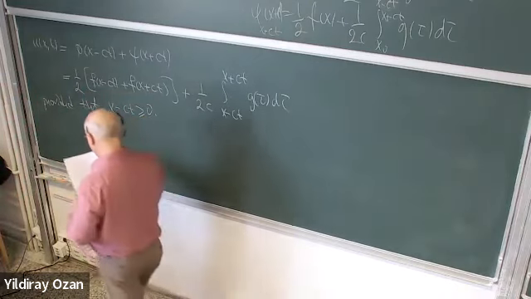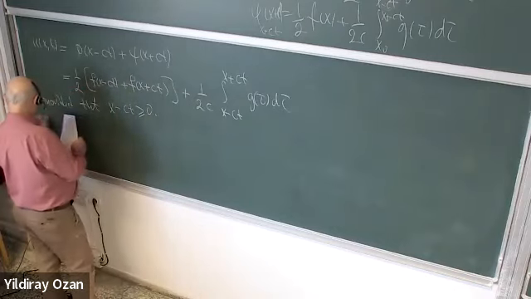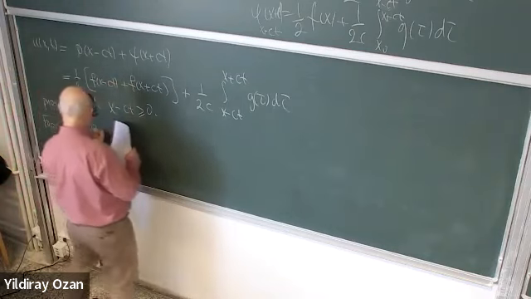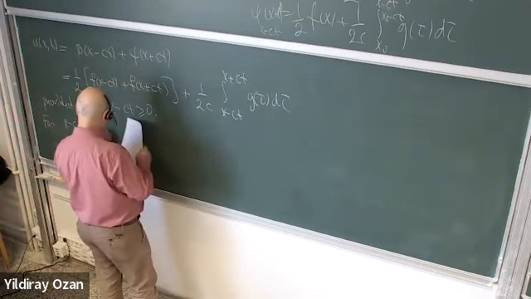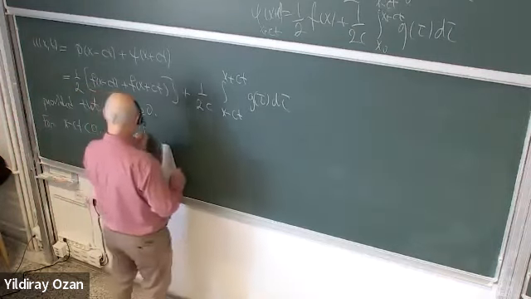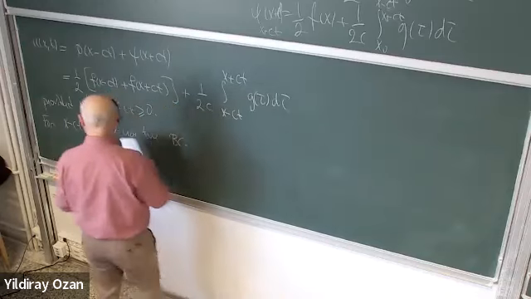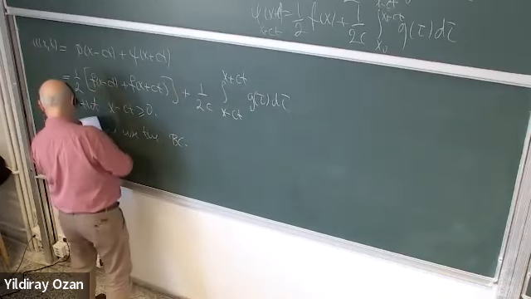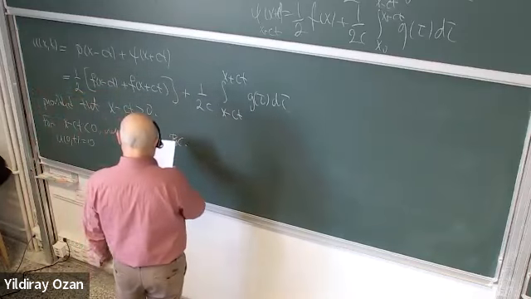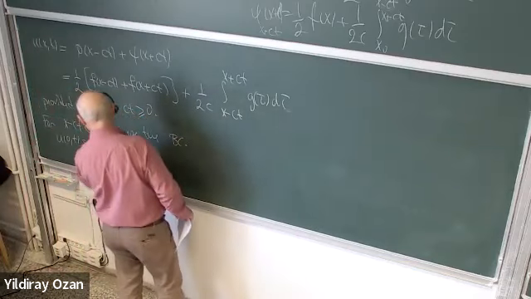What happens for negative values? For x minus ct negative, we use the boundary condition u(0,t) equals 0 to obtain